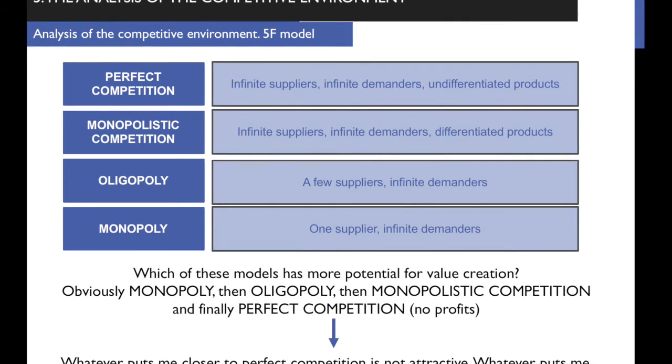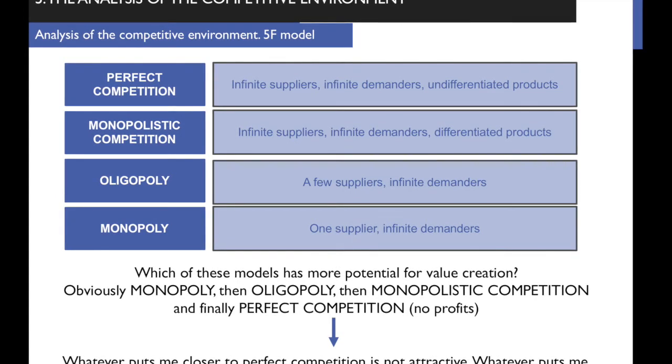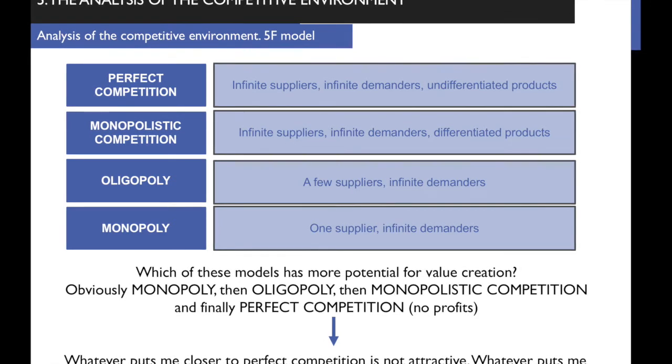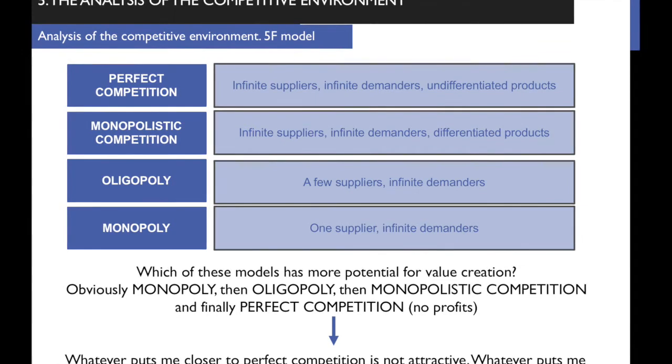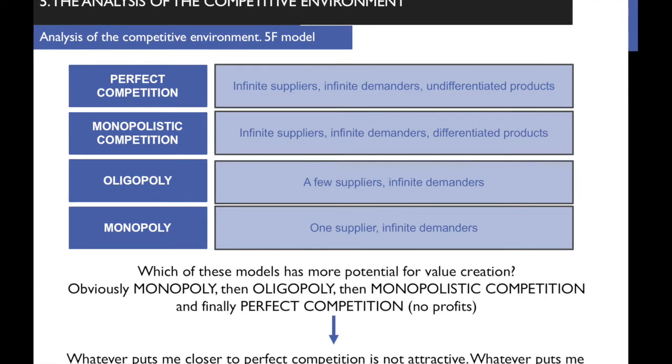In monopolistic competition, you have infinite demanders, infinite suppliers, but the products can be differentiated. This could be the example of bars. There are, here in Madrid, as many bars as you can imagine, but each bar is a bit different from each other, and you don't go to a generic bar, you go to the bar you like. And why do you like it? Because of this or that reason. They are different from each other. That's it. So it's not perfect competition, it's monopolistic competition. They have some things that the other bars don't have.